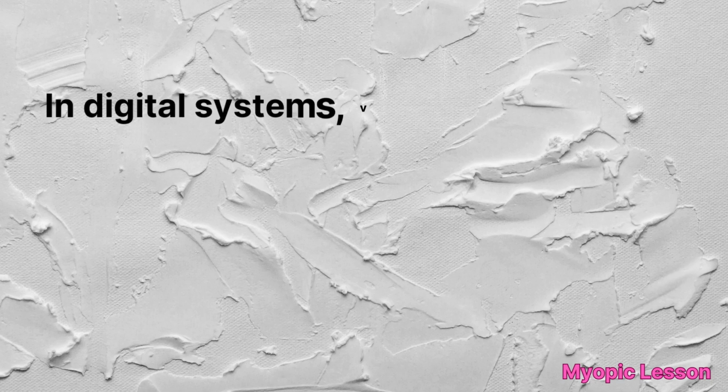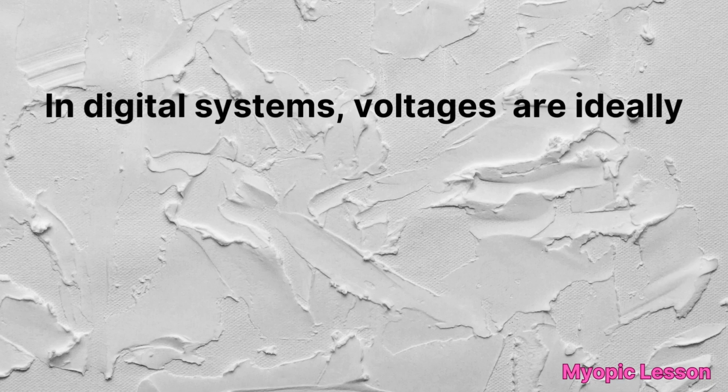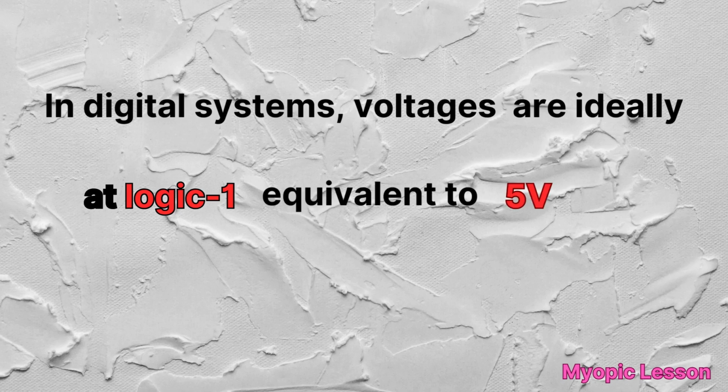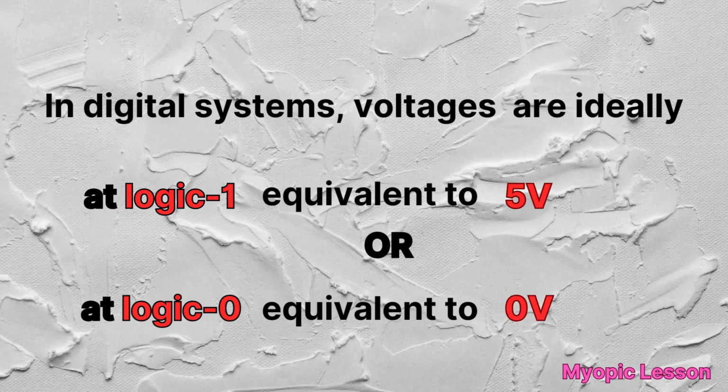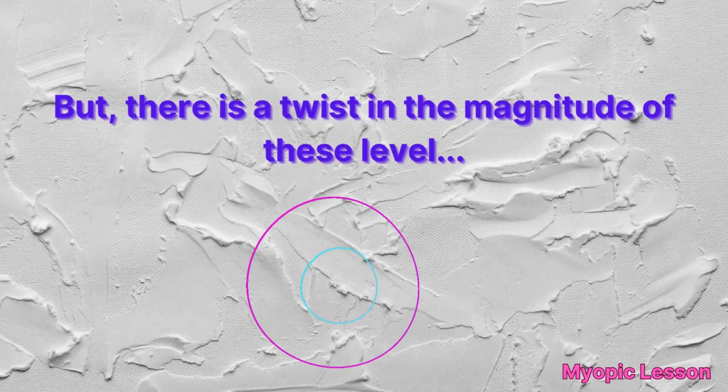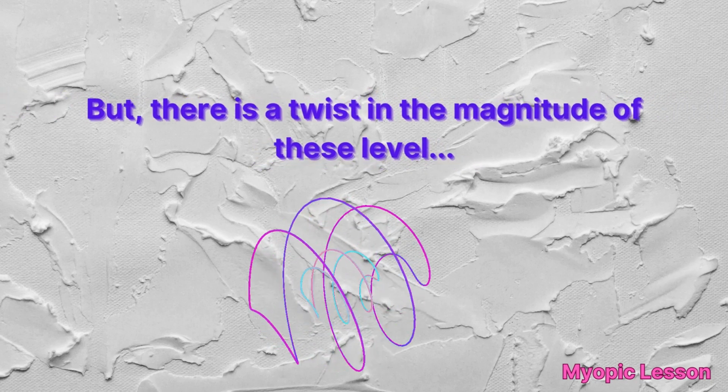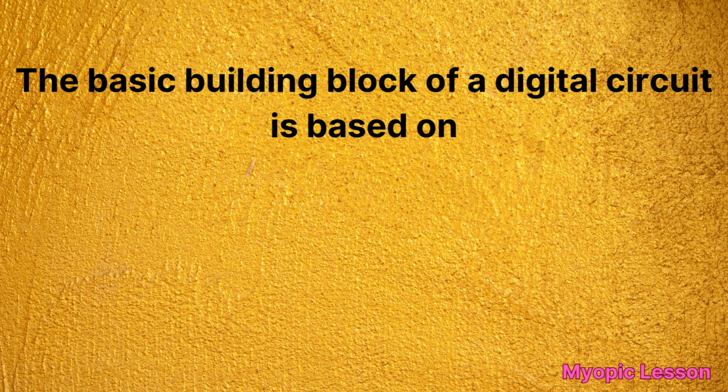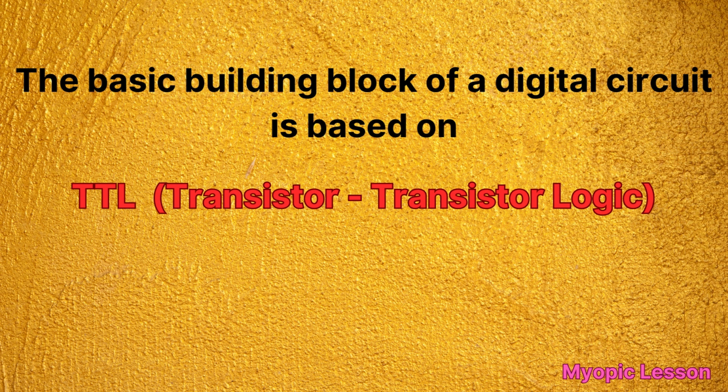In digital systems, voltages are ideally at logic 1 equivalent to 5 volt or at logic 0 equivalent to 0 volt. But the story is not as simple as it appears. The answer lies in the foundation of digital systems. The building block of a digital circuit is based on